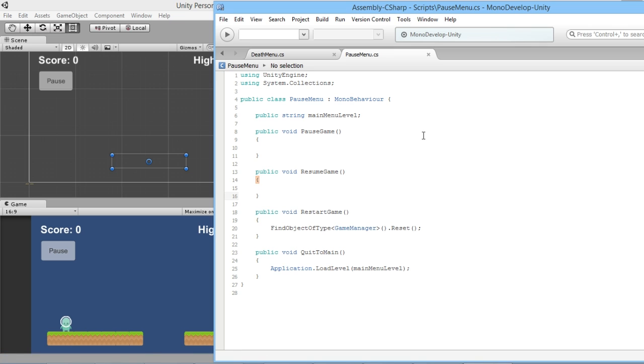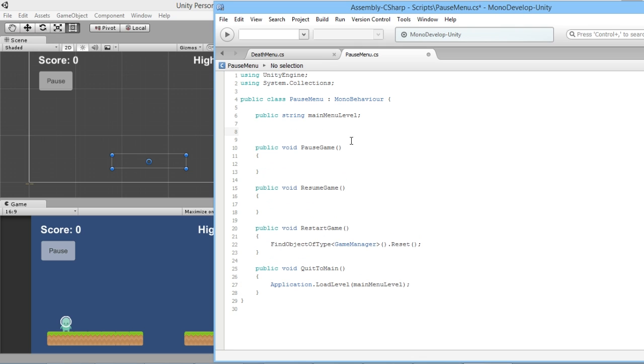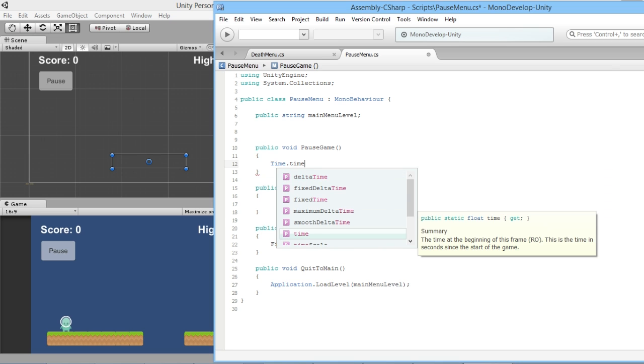So the simplest way to pause a game of the type that we're using here, because we haven't got any timer counting, the only time related thing we have going on is the score counting upwards, and we'd obviously want that to stop counting when we pause our game. So the best and most straightforward way to do this is to just use the built-in time scale in Unity to slow down time. So essentially what we'll do is as soon as the game is paused, we'll just go Time.timeScale